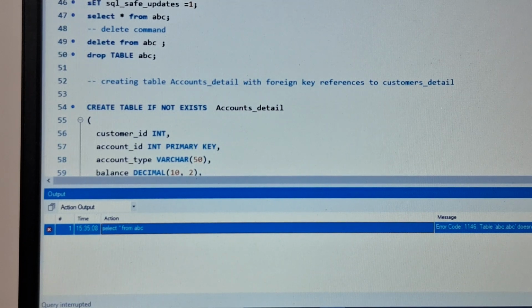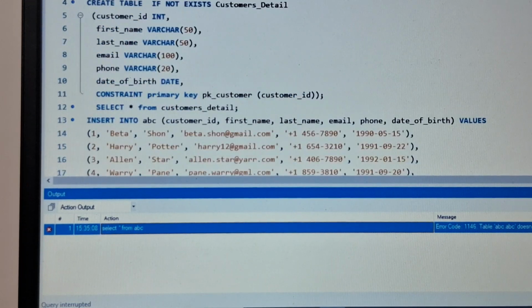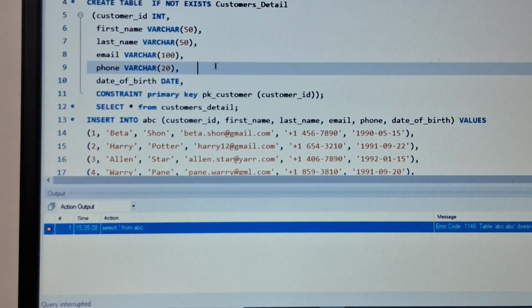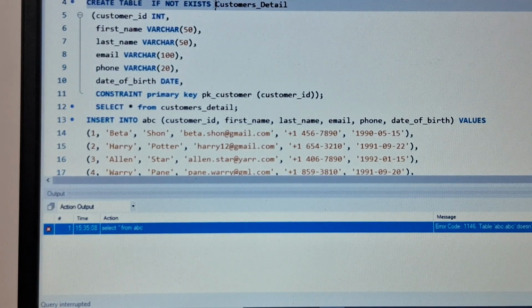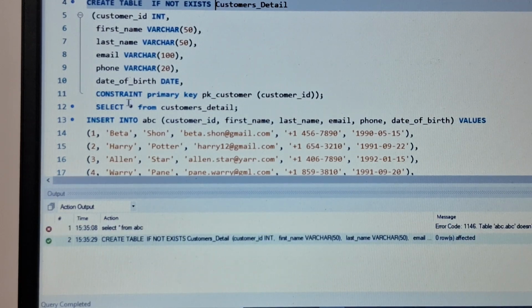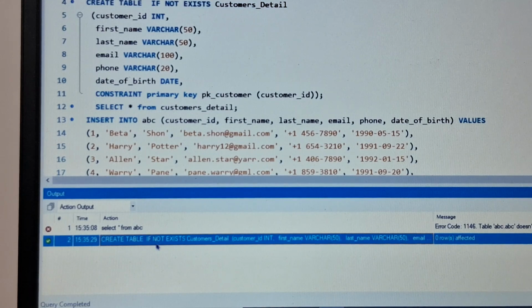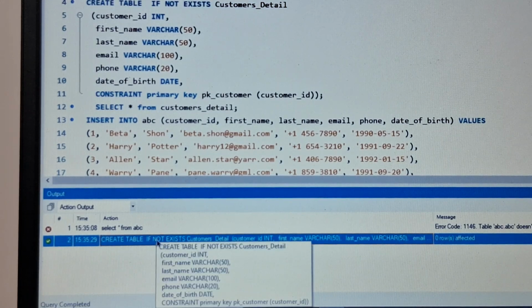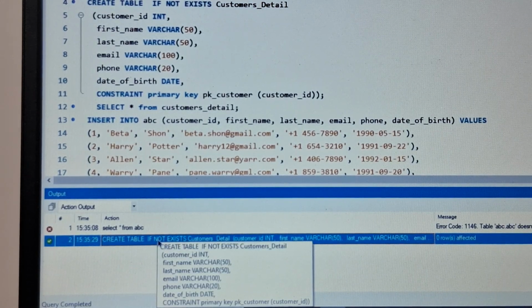So let's create our table again. This time I'm creating it with the same name, customer details. Table has been created this way.